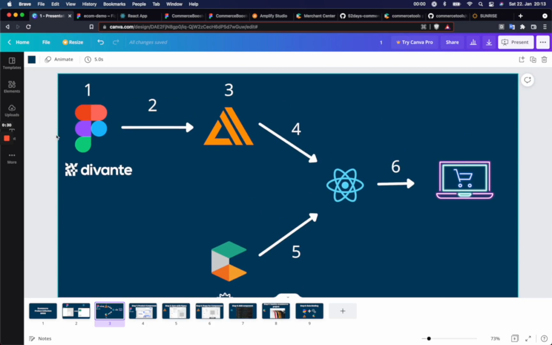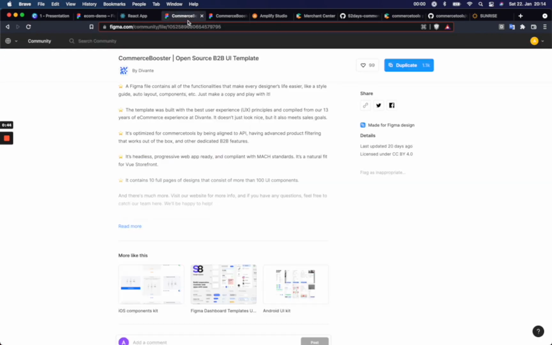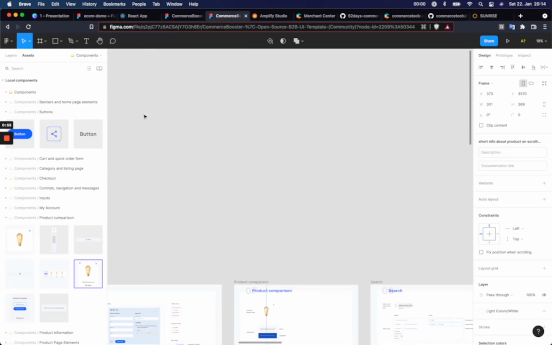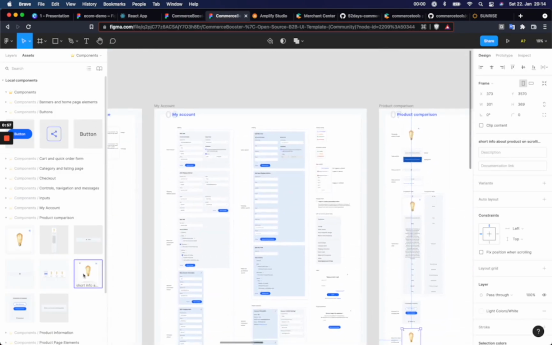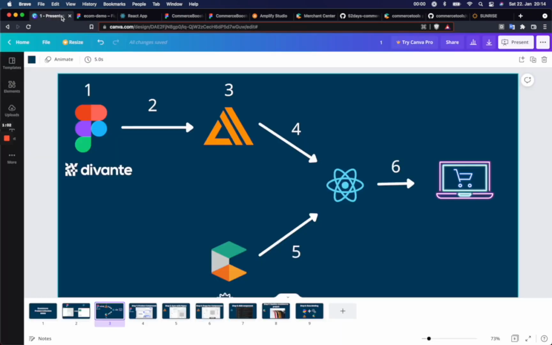First of all, I used already existing e-commerce template UI components. For example, this is my component. How did I get this component? I didn't create this. I copied it from commercetools booster, the commerceBooster UI template for commerce applications developed by Divante. And here is how these components look. I just copied this component into my Figma file,